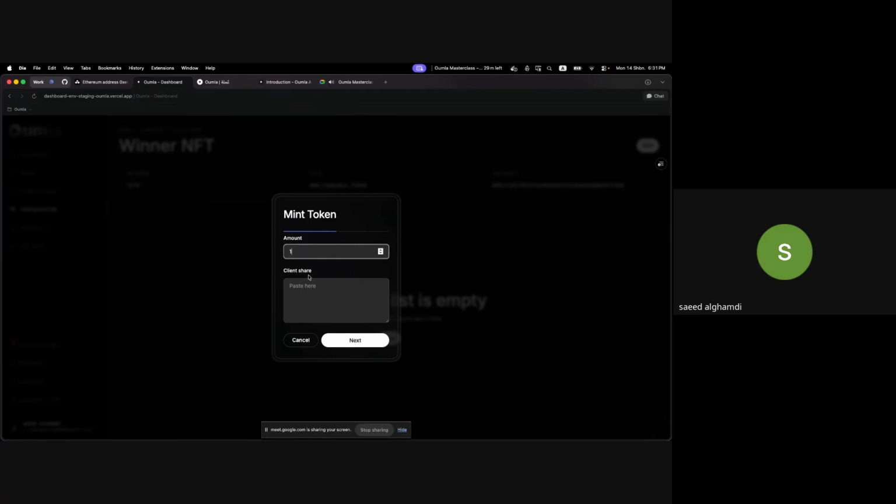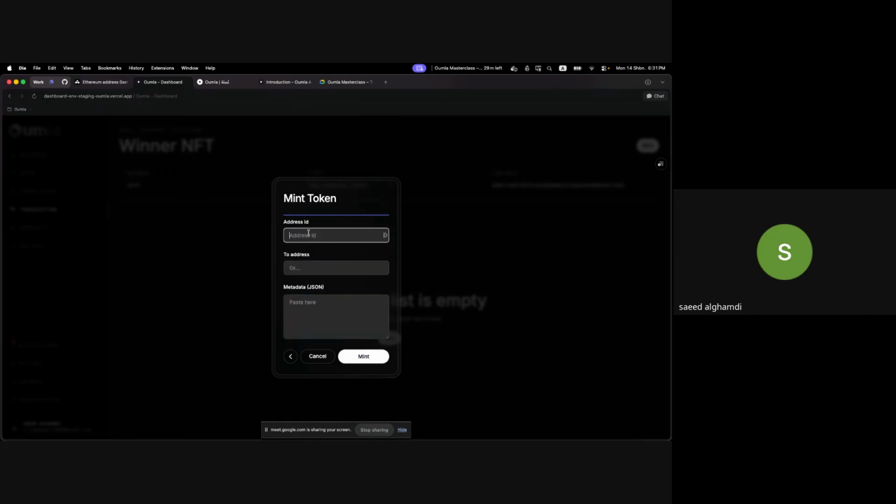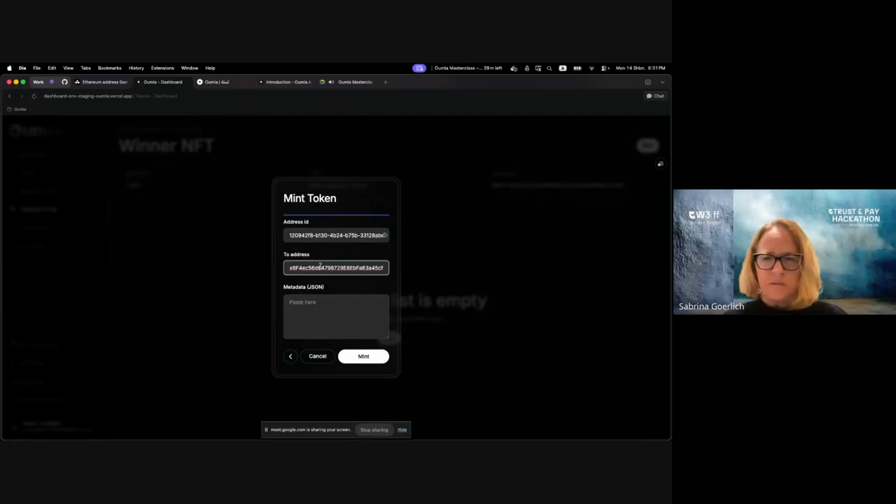So let's say the NFT is basically always one token, not more. So if we put this here, we put the address ID that will have the fund and will deploy, and the address to which you want to give this NFT. So I need a wallet address for that already.